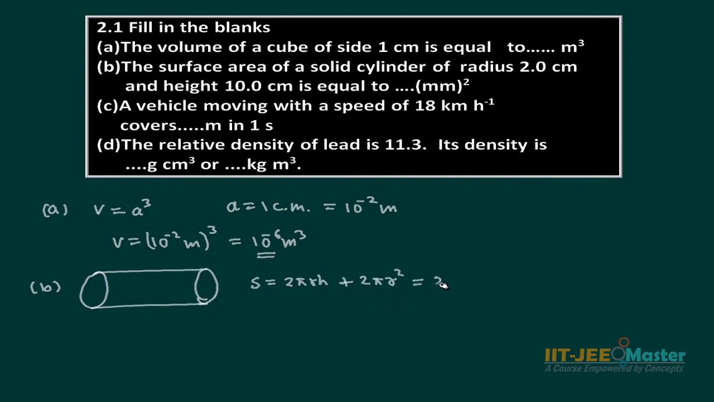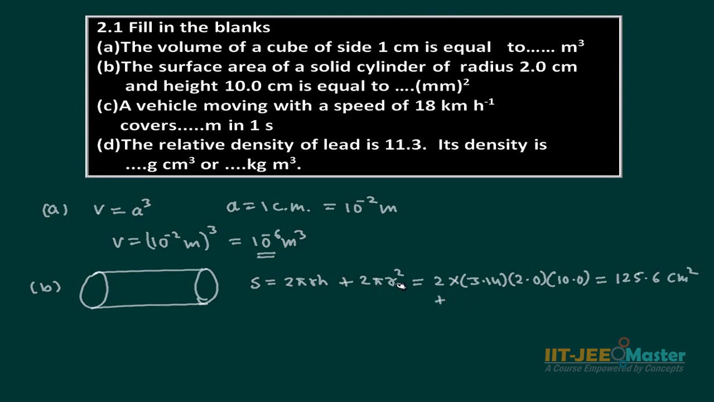If we calculate 2 into pi, the number of significant digits can be taken as 3 here, because there are 2 significant digits in this quantity, as it is given as 2.0. So we have to calculate up to 1 more significant digit if possible, and height is given as 10.0 centimeter. The answer will be 125.6 centimeter square